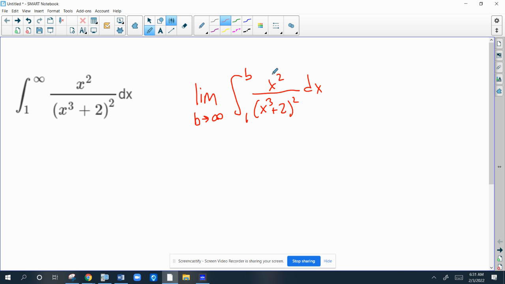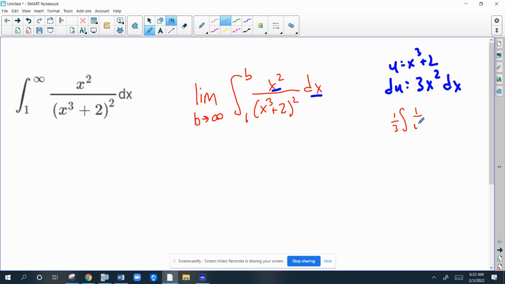Now you can see that we have x squared up top, and we have this expression in this squared term, x cubed plus 2. So we know if we let u be x cubed plus 2, du is going to be 3x squared dx. So that's going to take care of this. And I'm going to do this on the side just so it doesn't get in the way. We're basically going to have the integral 1/3, because that x squared dx is du over 3, times the integral